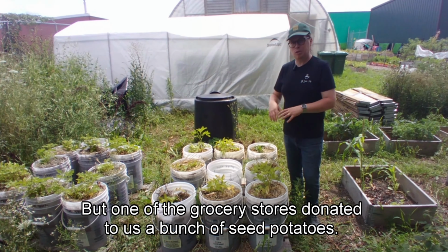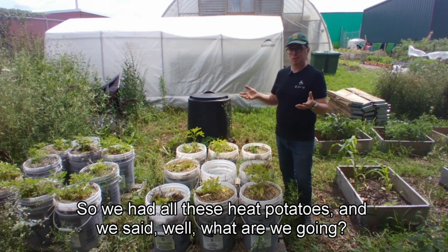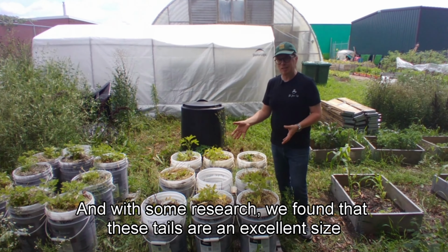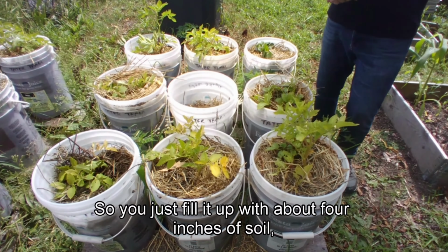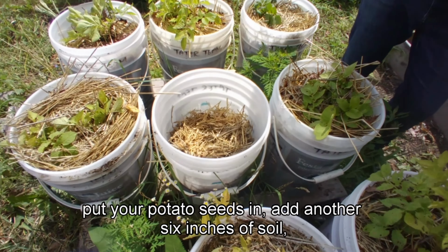One of the grocery stores donated to us a bunch of seed potatoes. We had all these seed potatoes, and we said, how are we going to grow them? With some research, we found that these pails are an excellent size to grow potatoes in. You fill it up with about 4 inches of soil, put your potato seeds in, add another 6 inches of soil, and that's the height we get up to with the soil. Once the potatoes have grown to within 2 inches of the top, you fill that all with